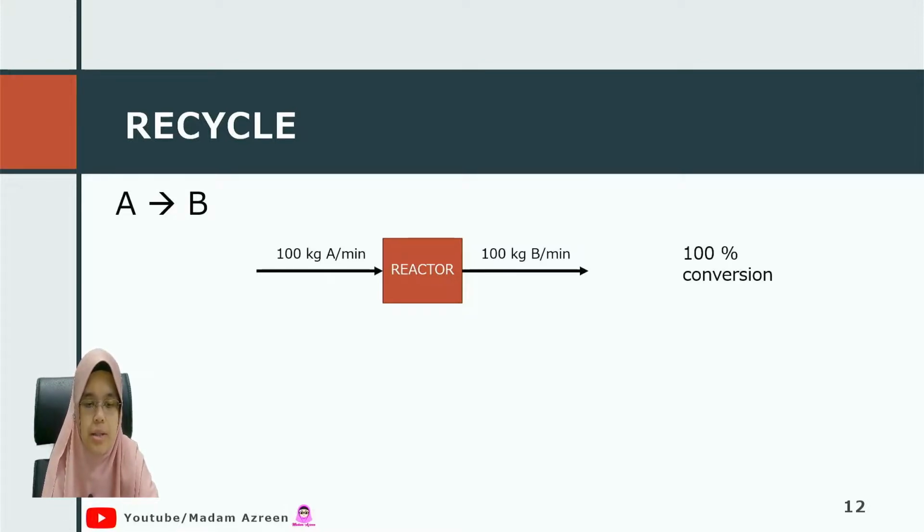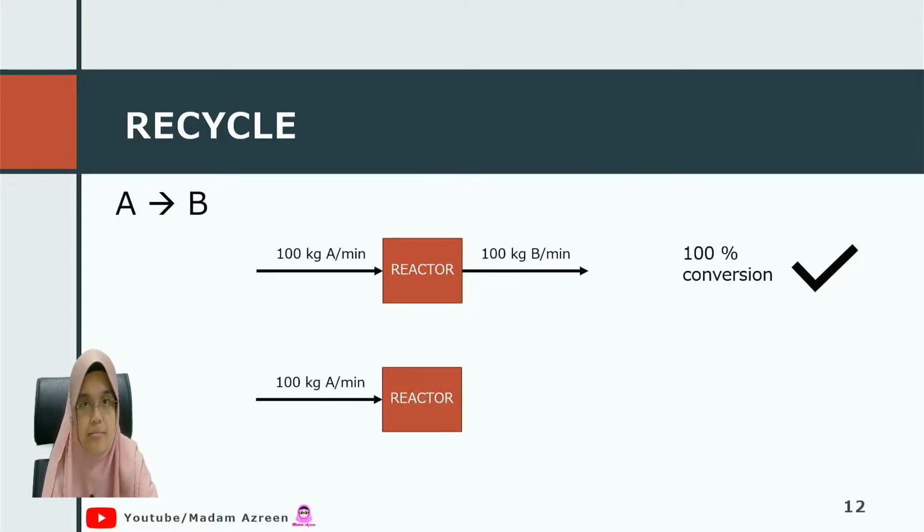However, in reality, we might not get that 100% conversion. With that, we only get about, let's say, 70 kg of B produced, meaning to say the conversion is only